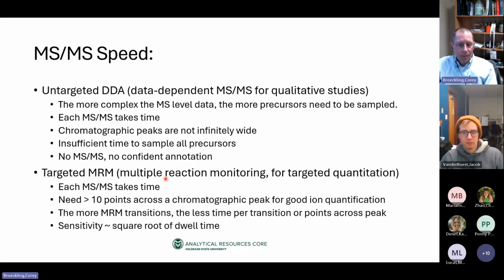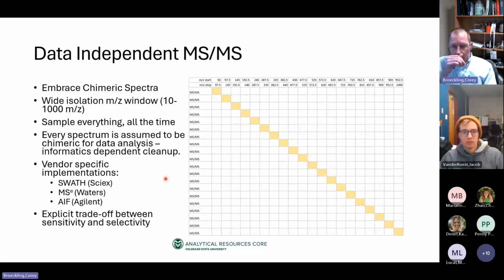Data-dependent frequently becomes too slow to be utilized for comprehensive coverage. That has resulted over the past decade or two in the development and adoption of an MSMS approach called data-independent MSMS. And basically, the concept here is that we are not going to make MSMS dependent on the MS1 spectra